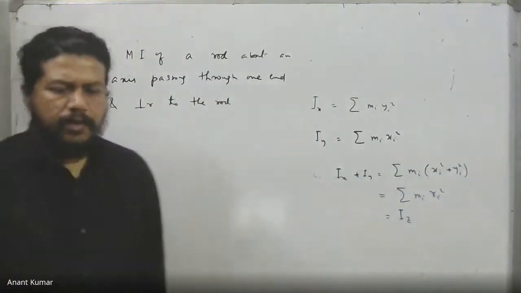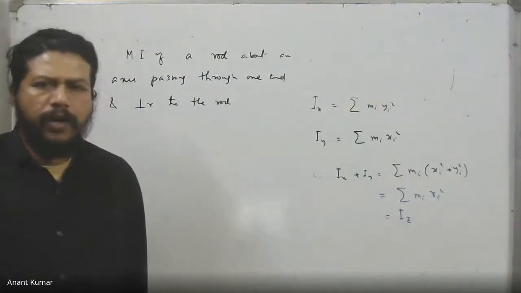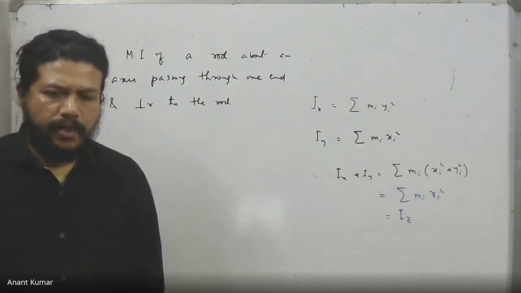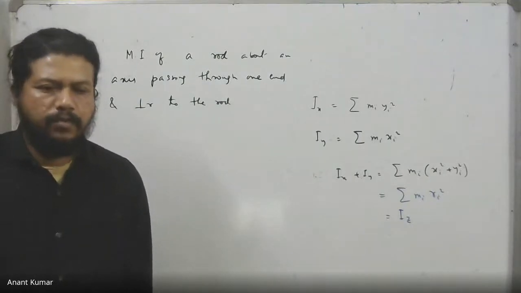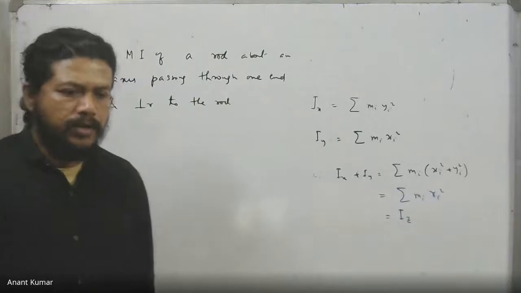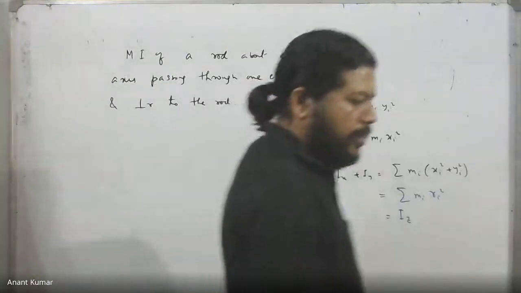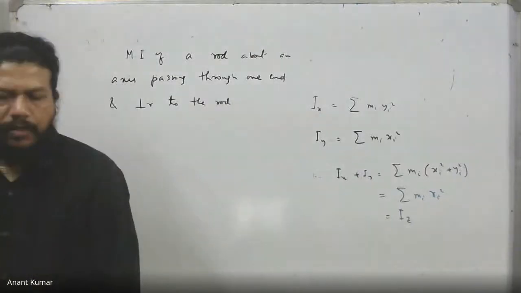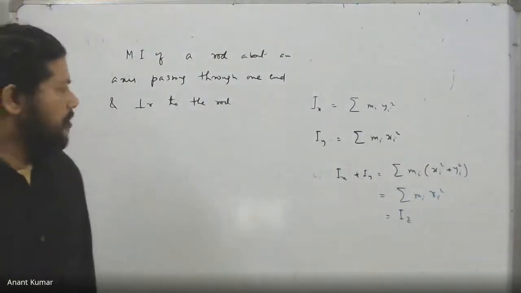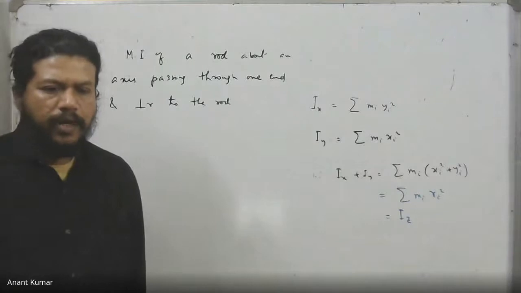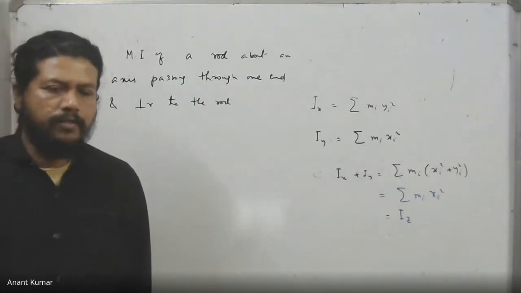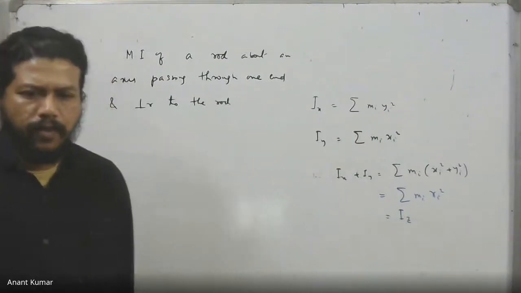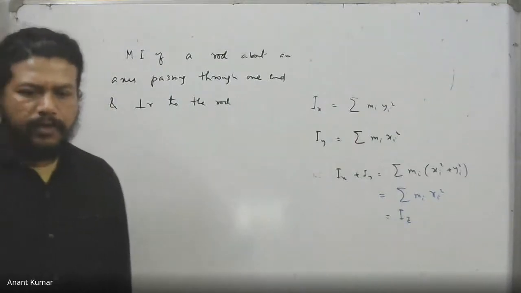Most of the time, calculations of moment of inertia will require integration. So it's more like an exercise in integrals if we just try to calculate the moments of inertia of some complicated body about a given axis. But in many cases, things will become simpler. In fact, most of the time we should be talking about symmetrical objects, bodies which are relatively symmetrical and homogeneous. For them, calculations are more or less straightforward, except for a couple of them.